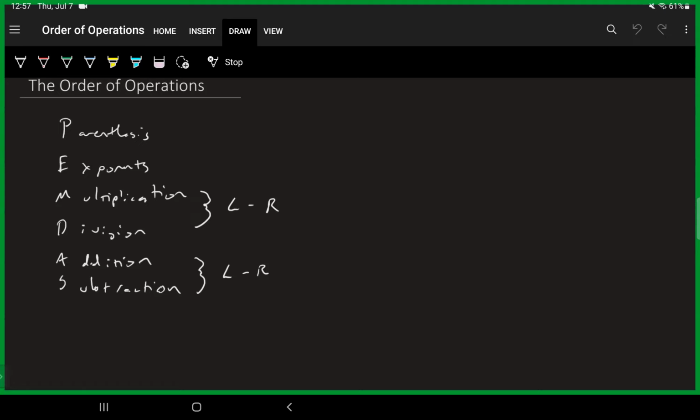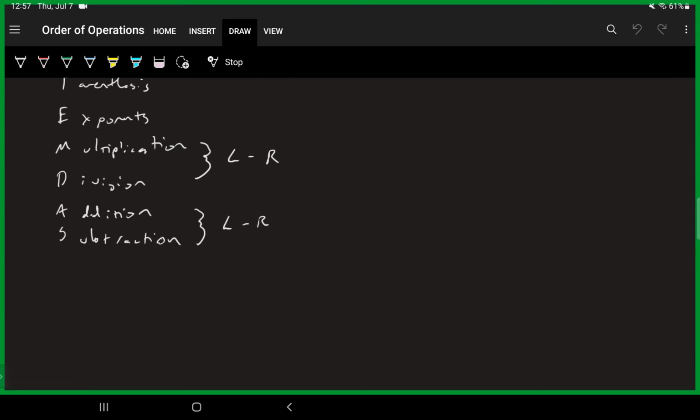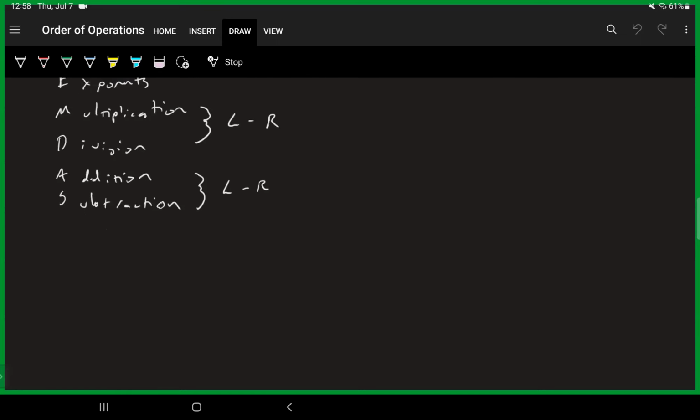And that's the part that a lot of students forget. And this is exactly why there are things that circulate on social media where people are arguing about how to solve a problem. And a lot of them will correctly say, you need to know the order of operations. The thing is, about half the people that are saying that don't remember the order of operations. So let's take a look at an example. And you may have seen this or something very similar.